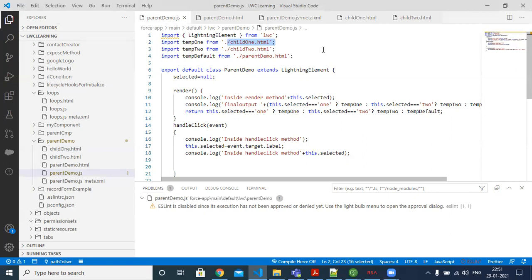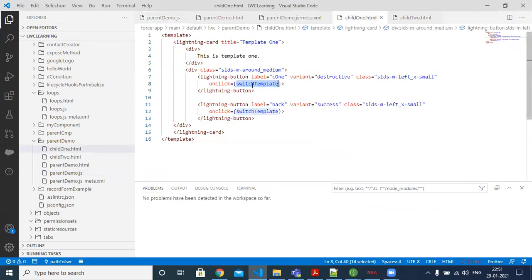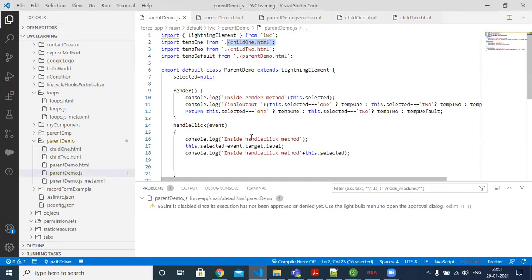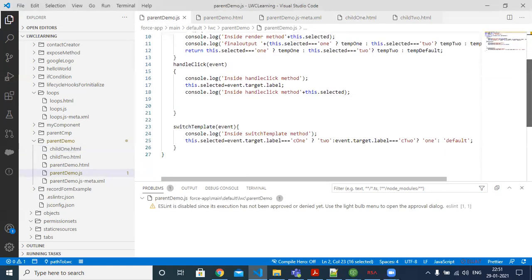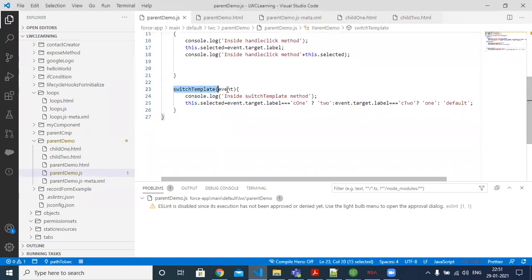So inside child one, the switch template method is invoked. If I go back and check the switch template method, the logic is that I'm passing one parameter, event, and I'm identifying event.target.label.